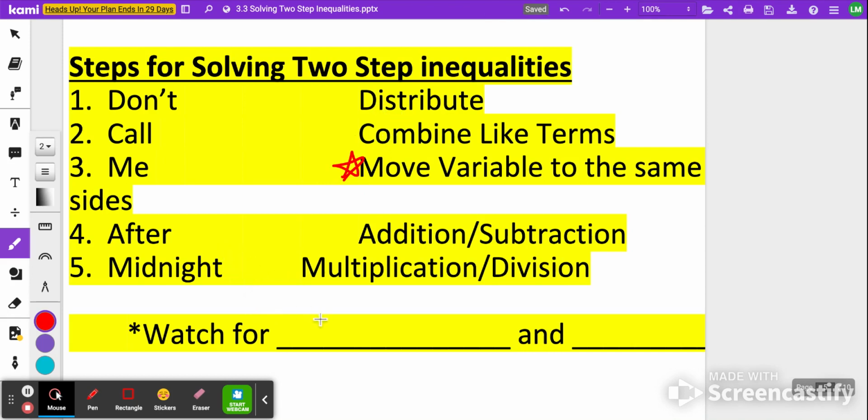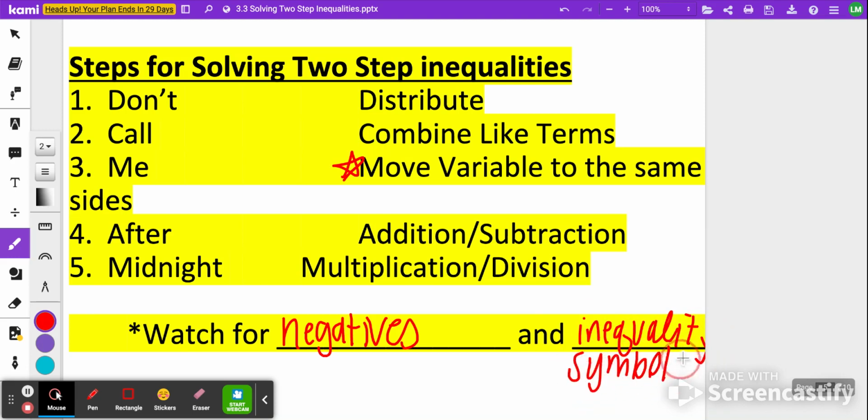We want to watch for negatives and your inequality symbols. We talked about that in the last lesson. If we divide or multiply by a negative, we have to flip that inequality symbol, so just keep those things in mind. Let's take time now to pause the video right here, copy down the steps, and when you're done,